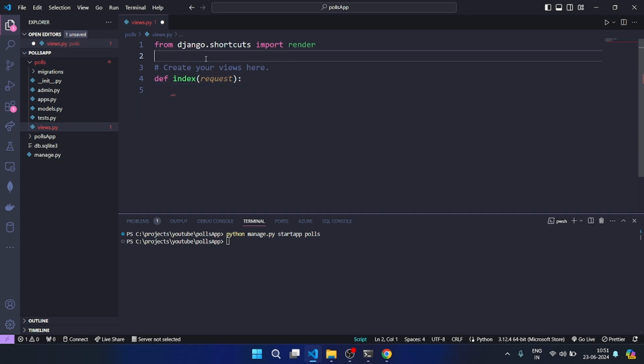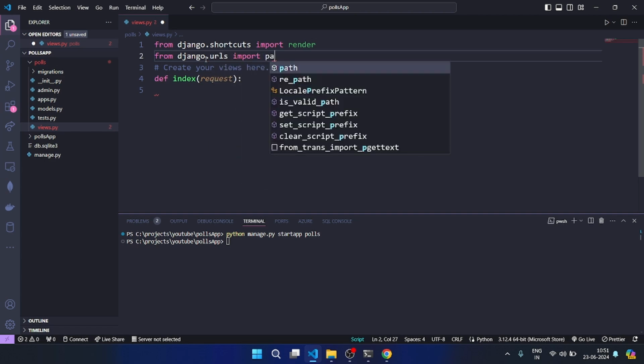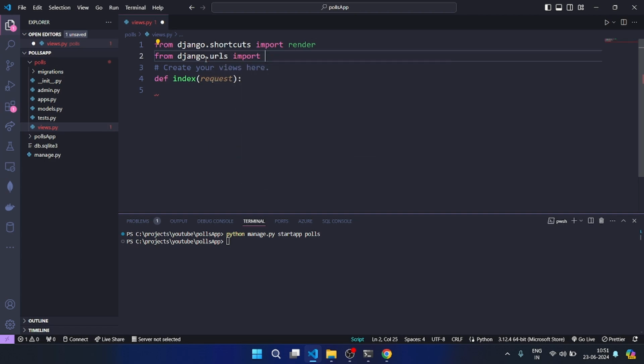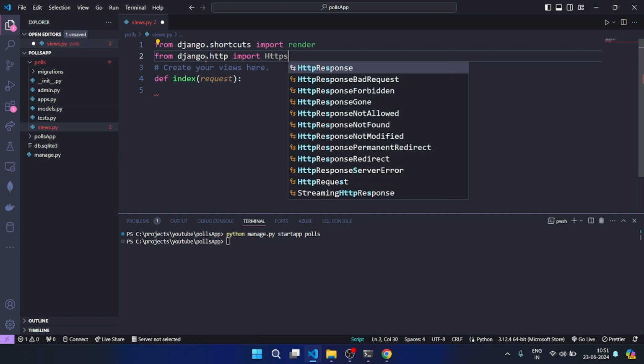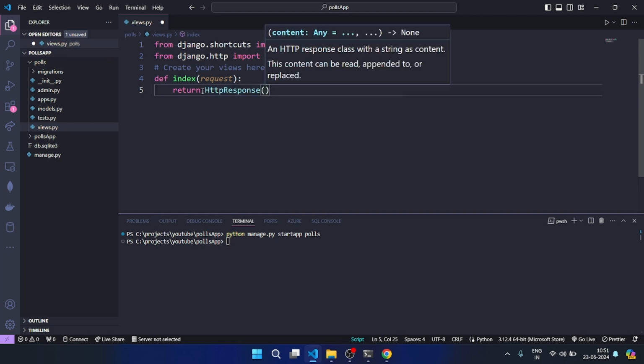And before that, I want us to import a particular package, from django.http import HttpResponse, like that. And I'm going to return an HttpResponse, hello world,